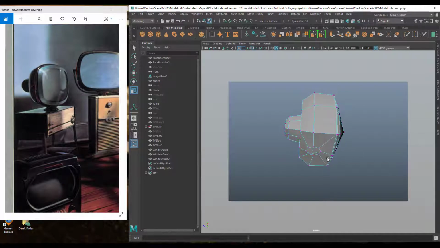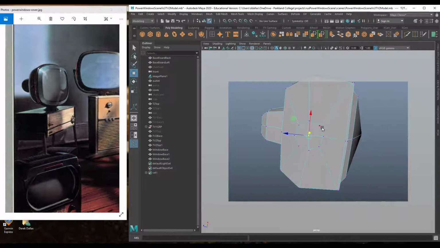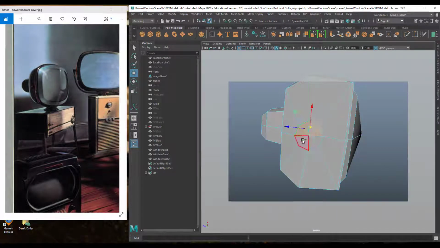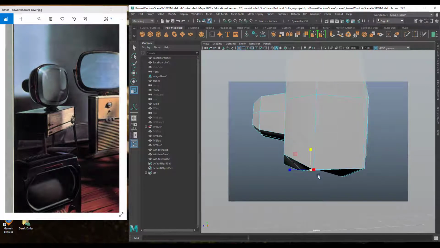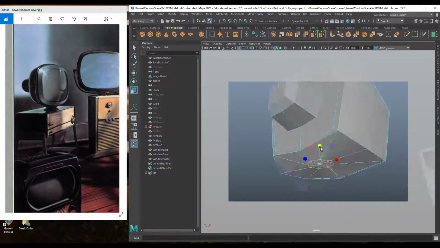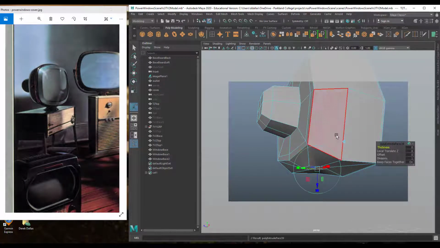And I'm going to take this, and this is more of an experiment. I'm going to take all of these. So what I'm going to do is, now that I've got that, I'm going to take these faces, and I'm going to flatten it. Like so, and then I can extrude that. Just make sure it's still lined up. See how it's lined up? And I'm going to say extrude. I'm going to pull that down,